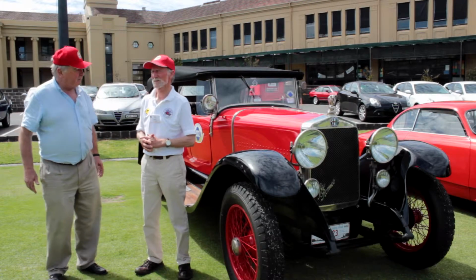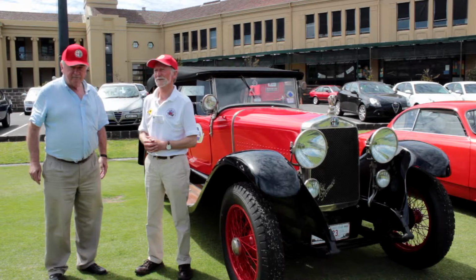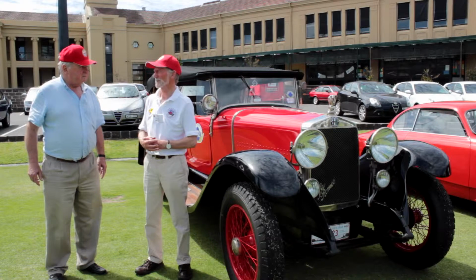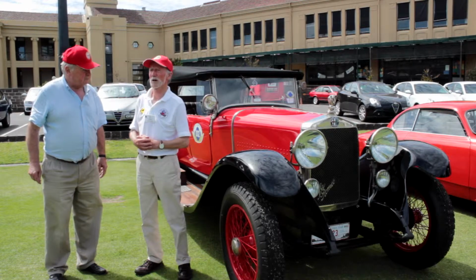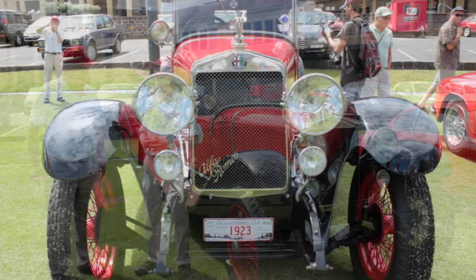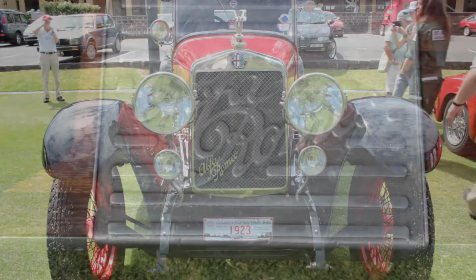Oh, well, it was manufactured in 1923 and imported by Overseas Motors in Melbourne as a complete chassis which you could drive but didn't have a body on it, and it had a local body put on it by Cheetham and Bork in Carlton. The body was designed